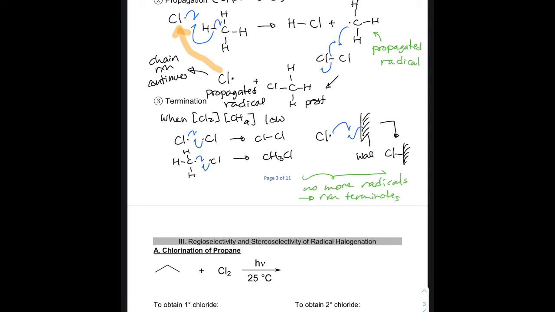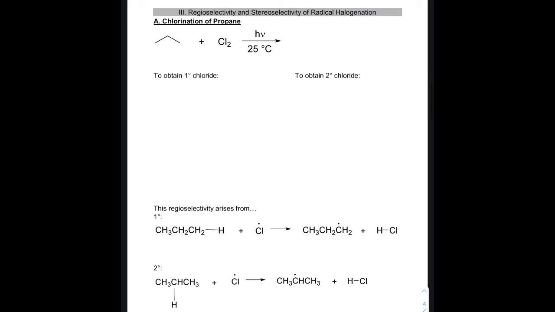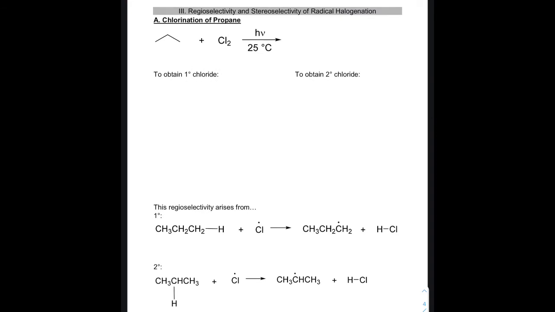But it's really important that in showing a radical halogenation reaction, you show the propagation step, okay? Because otherwise the reaction doesn't work, all right? Now let's talk about the regioselectivity of this type of reaction. And that is, if you do this reaction on not just methane, which only has one carbon, so it's kind of boring,